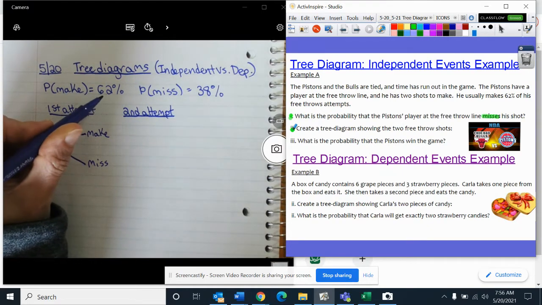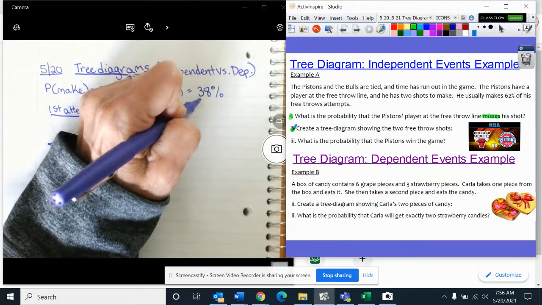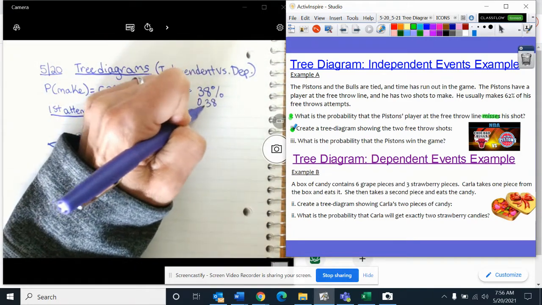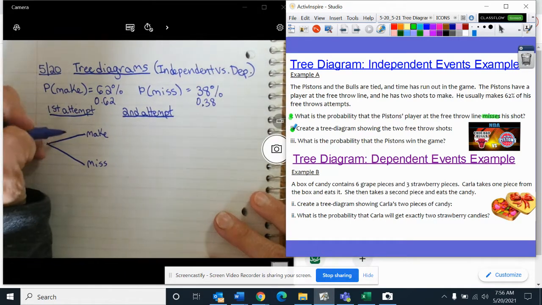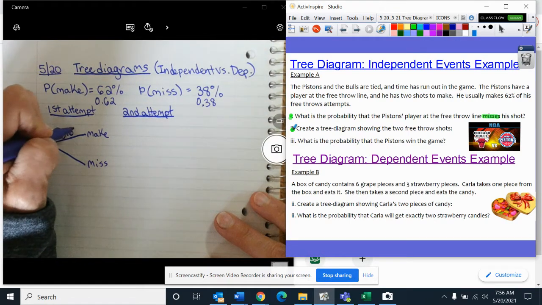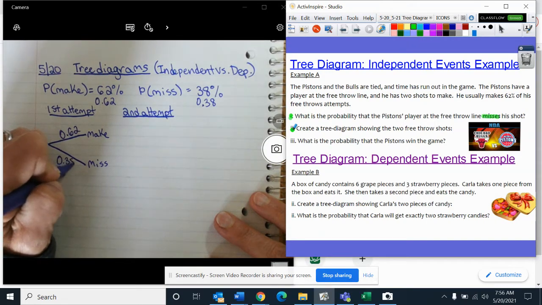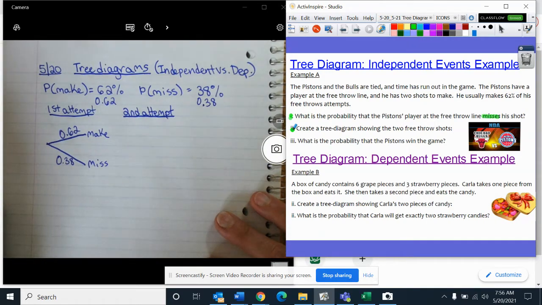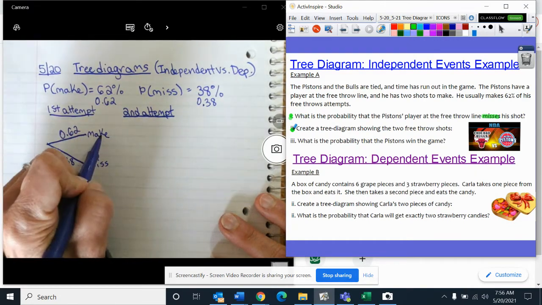And notice that I'm going to put the percentages as decimals. 0.62, 0.38. As I mentioned in the Desmos activity today, it will make calculations a lot easier. So if we make it, we have a 62% chance, 38% chance of missing it. But that's only the first attempt. If they make that first one,